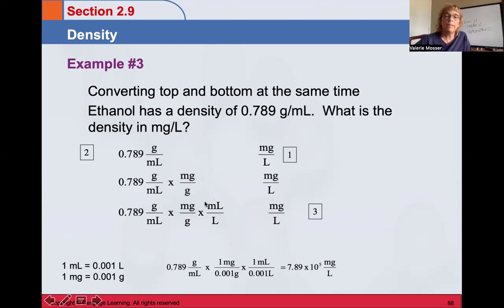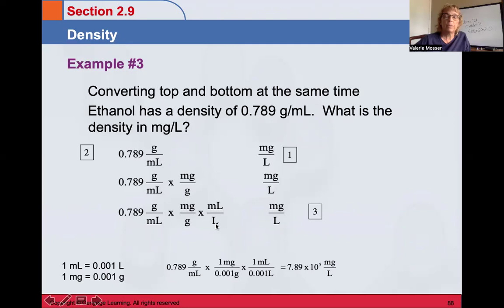We'll put the milliliters on the top and the liters on the bottom. We have to put milliliters on the top in this case because we're starting out with milliliters on the bottom. If we want to get rid of them, we have to put them on the top so that they'll cancel top and bottom. So now we've canceled out the grams, we've canceled out the milliliters, and all we have left